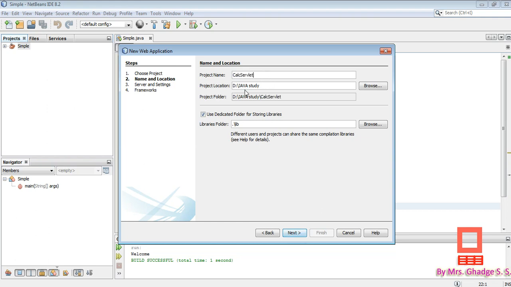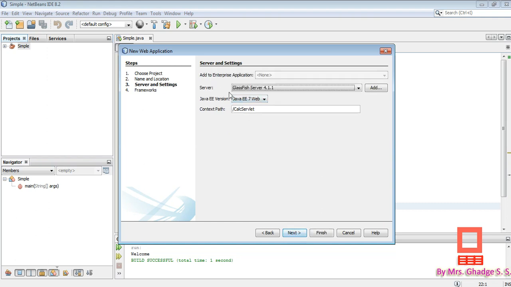The project location is by default d colon java study. The project folder calc servlet is created here, and this check mark is already selected. So we just have to click on next. By default the server used is Glassfish server 4.1.1, and by default we are using Java Enterprise Edition version, that is E7.